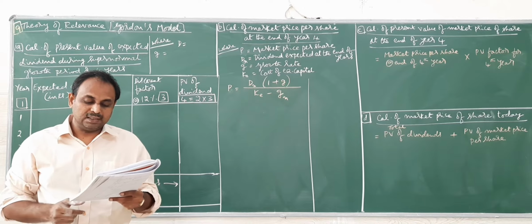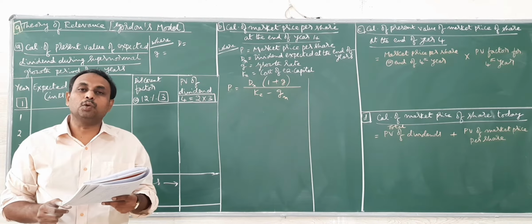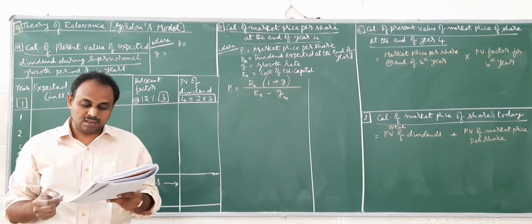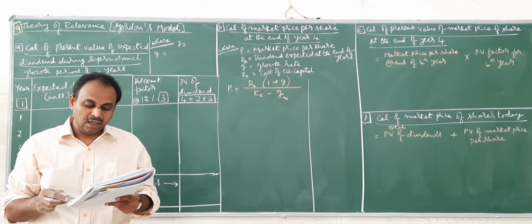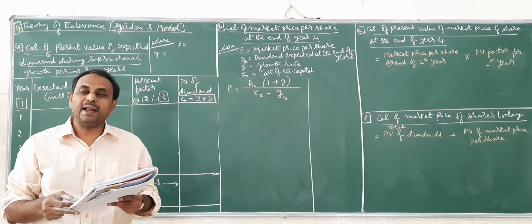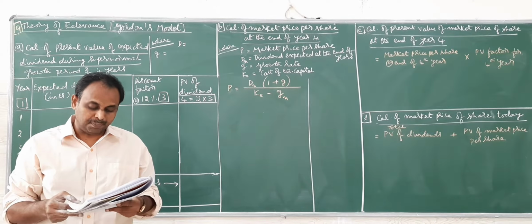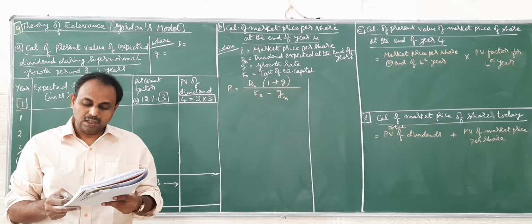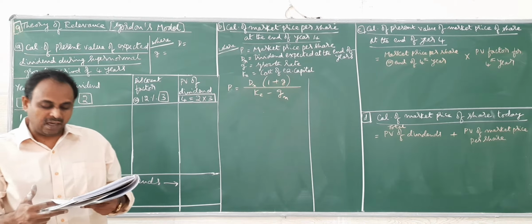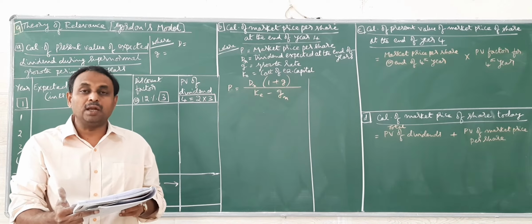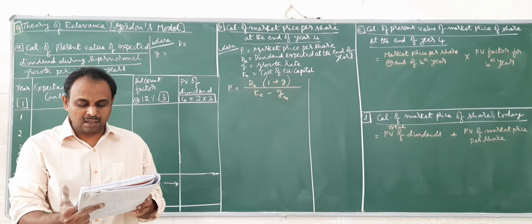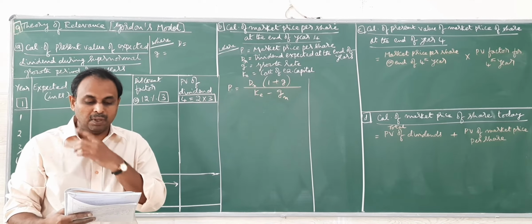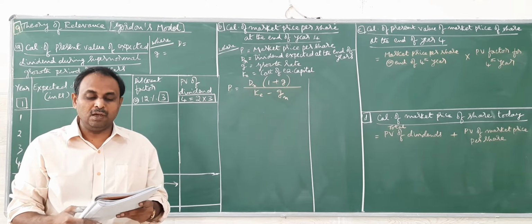In this problem, H company is expected to grow at 14% per annum for the next 4 years and then grow indefinitely at the same rate as the national economy, that is at 5%. The required rate of return on equity shares is 12%. Assume that the company paid a dividend of ₹2 per share last year. Determine the market price of the share today. You have also been given the discount rate table at 12% cost of capital for 4 years.